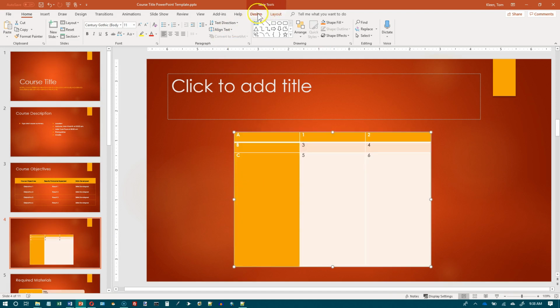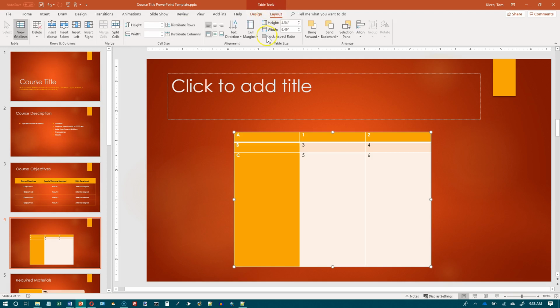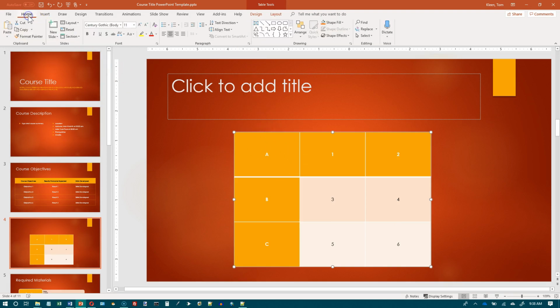Then let's go up here and do our Design tab, and actually our Layout tab, and tell it that we want to distribute the rows evenly, and we want to align in the middle and the center and the middle. And again, the text is too small, so let's go to our Home tab here, and let's try something like